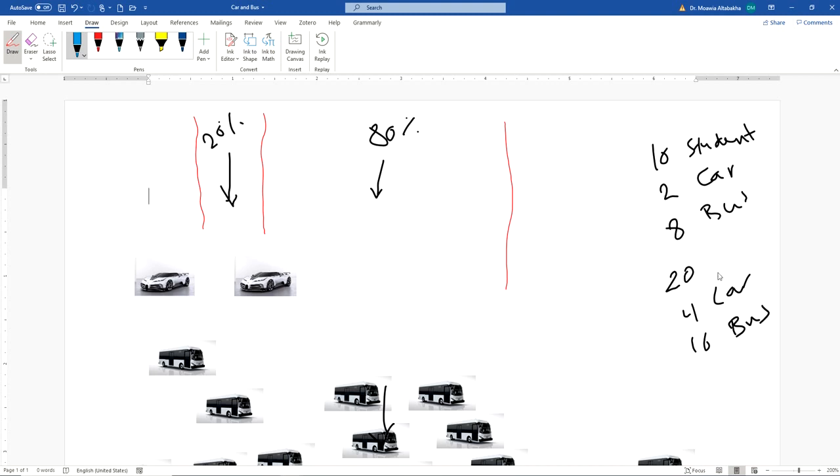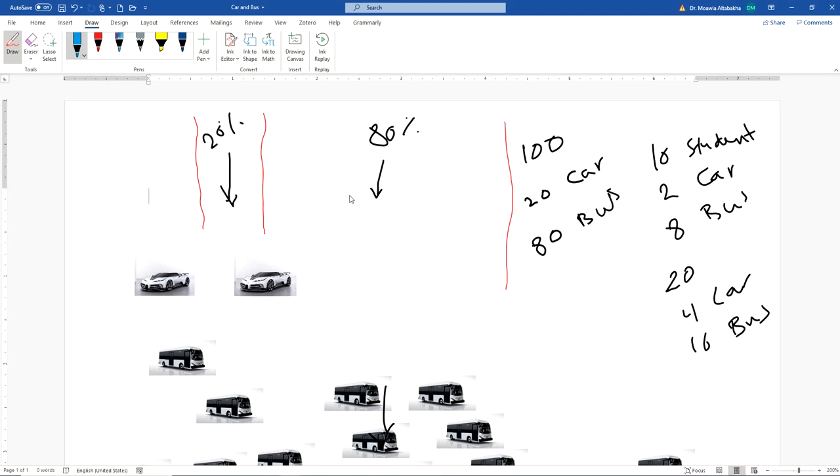It's like the more students, the more is the elimination. That means we have first order, right or not? The higher the number of students, the higher is the elimination. Okay, let me go to the extreme. I have 100 students. So what are you going to say? You are going to say 20 students will go by car. This is what's supposed to happen. Okay? And 80 students will go by bus.